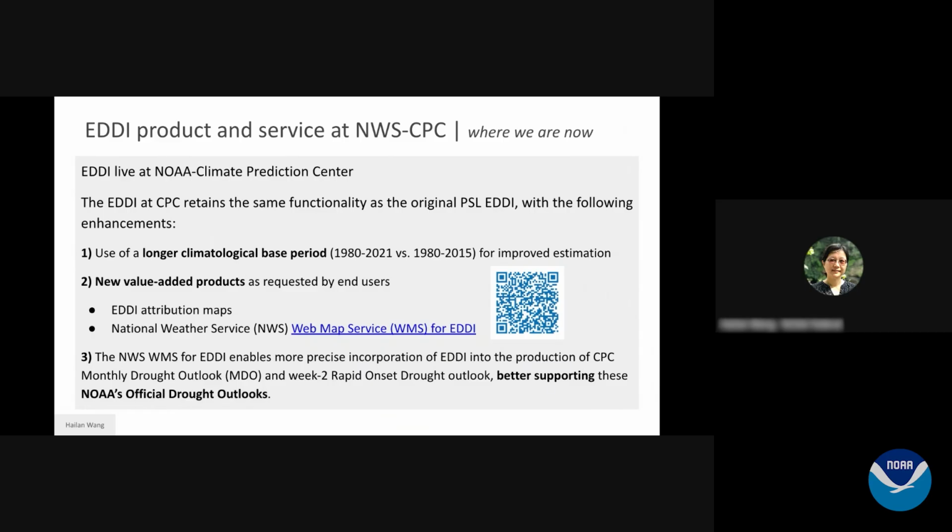And after that, our colleague, Yutong Pan at CPC is going to talk about the EDDI data and maps hosted at CPC. And here, Yutong is really our backbone in producing and maintaining these EDDI data and maps. And that will be followed by our CPC webmaster, Ada Uzuma. Ada is going to give you a tour of the CPC EDDI website. And this website is essentially our public-facing platform for providing EDDI for a wide range of end users.